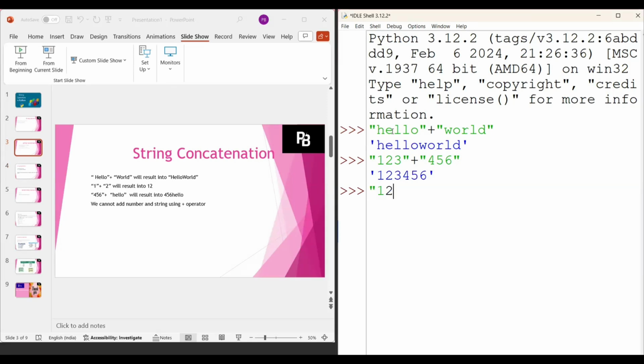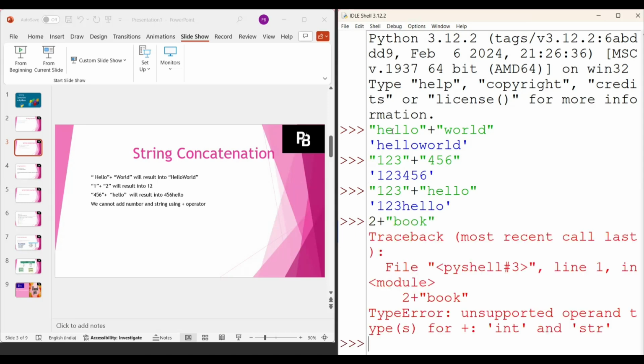If I write 123 plus hello, then it is 123hello in that case. So this is a simple thing that we use. But if I write 2 plus, and in this I write book, then this will show an error, because I already explained that we cannot add a number and a string using the plus operator. This is a simple thing that we use in the concatenation operator.